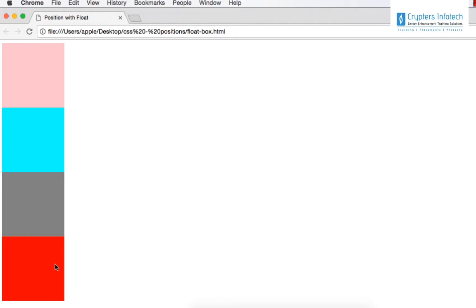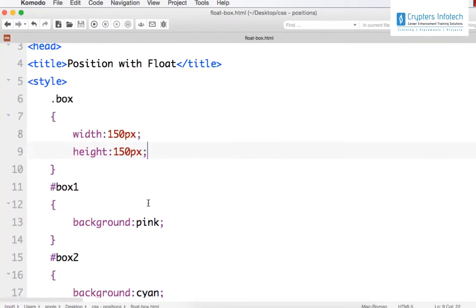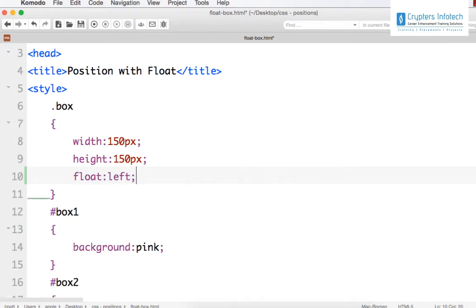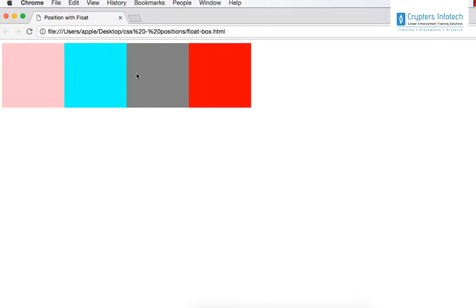For an element, when we use the float property, what happens is that the items will be positioned as per the normal flow. Then they will be removed from the normal flow and move either to the left or right of the parent element. In this case, the parent is body. Suppose I specify float and set its value to left. What will happen? They will be placed one next to the other. Instead of sitting one on the top of the other, now they are sitting one next to the other, right? That is the difference we are seeing when we set the value of float to be left.